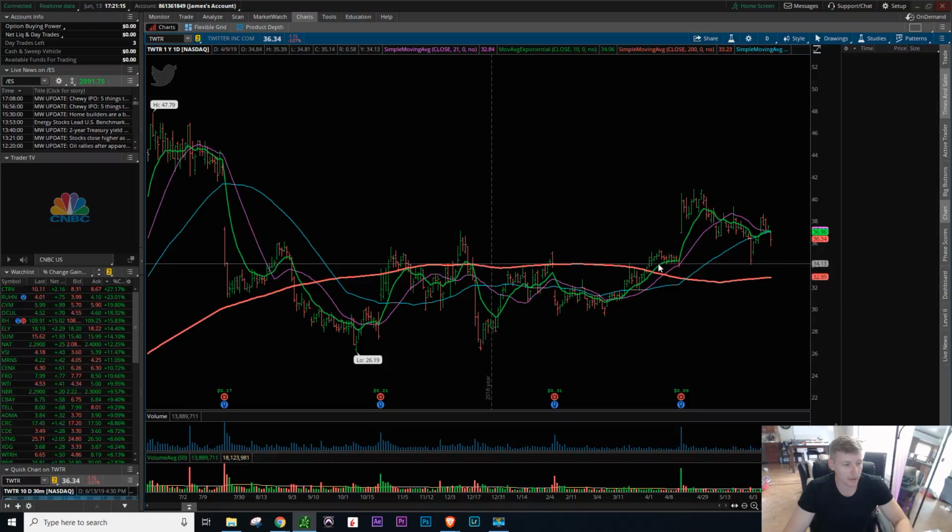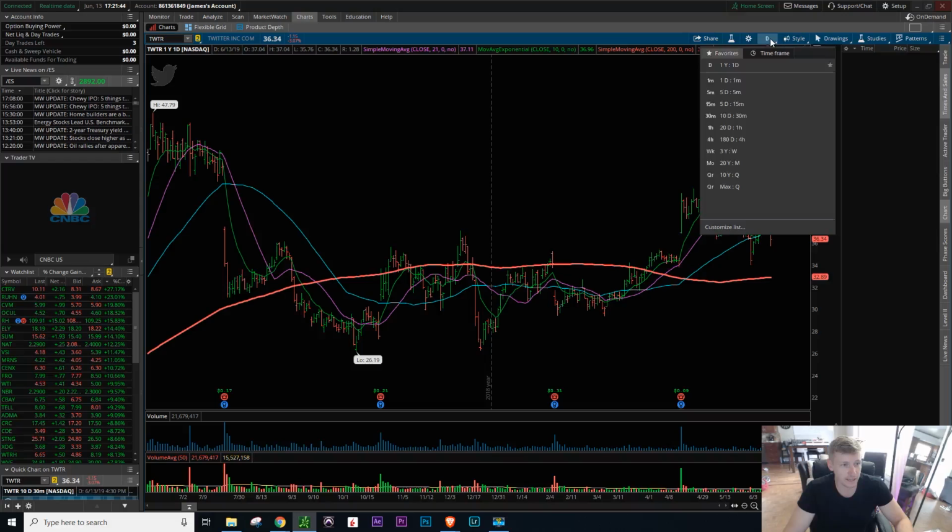So I personally use the 10 EMA. That's what my mentor basically set me up with, but there are some people that will use an 8 EMA. Some people will use a 10 SMA. You're looking for a short term, a medium term, and a longer term indicator that lags price. This is actual price. These are representing the daily, right? So we could go to a weekly,